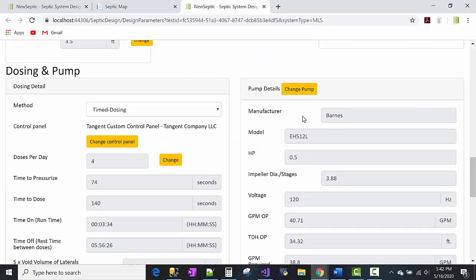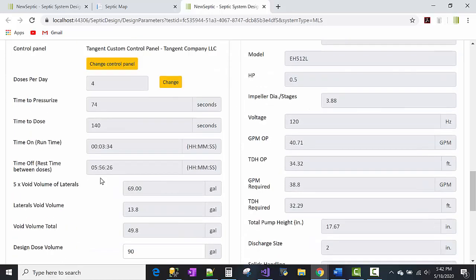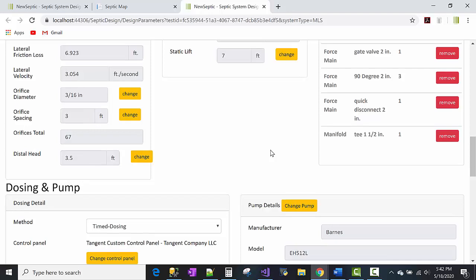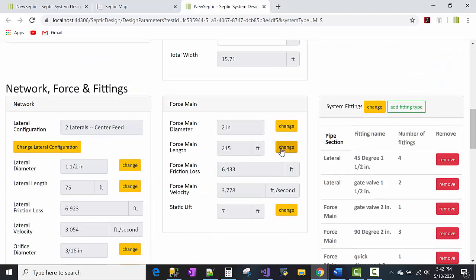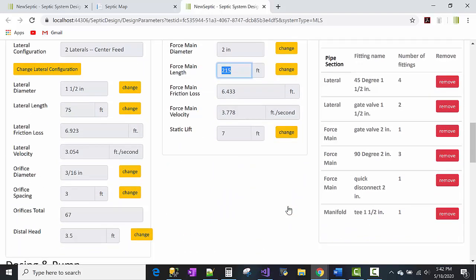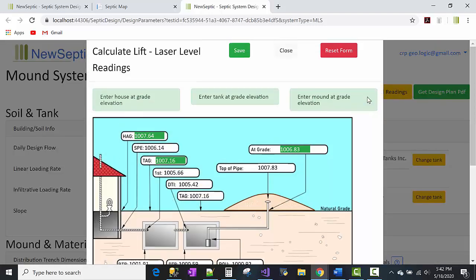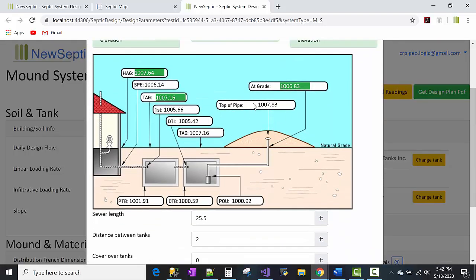And that's one of the benefits that NewSeptic does: it'll calculate your pump and dosing schemes on the fly for you. So if you make a change to the force main or the static lift, which is calculated from the level readings that we had talked about before. So here's your level readings from your map. If you wanted to change your pump outlet,